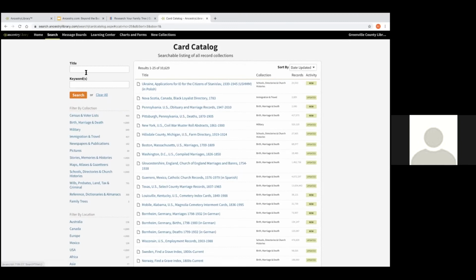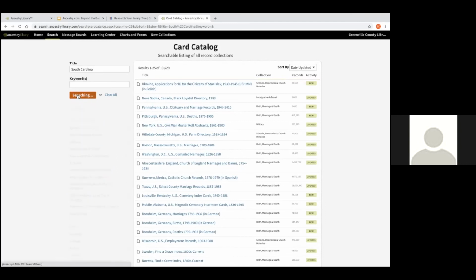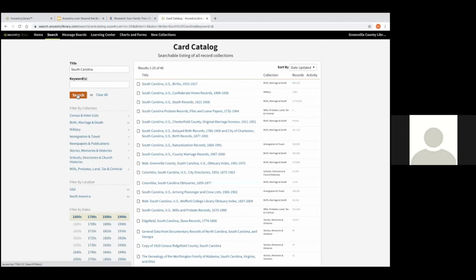So one way to do it is if you have a family from a particular state, you have a lot of relatives from Virginia, for instance, you could try typing in the state. I'm going to do South Carolina just to show you an example. And then I'm going to hit search. And when you're trying to find a browse only collection, you really will have to go one by one and see if they're browse only, because there's nothing really here that will indicate,